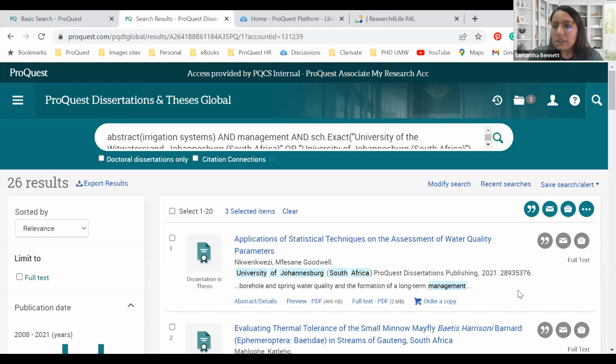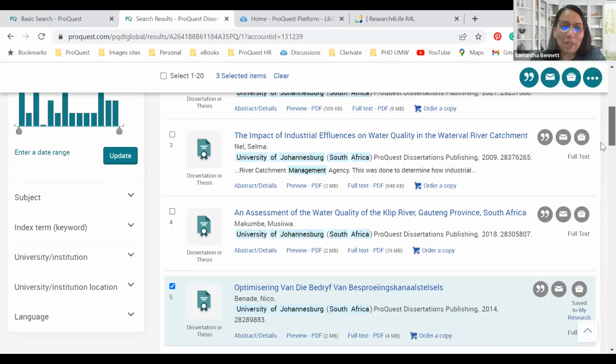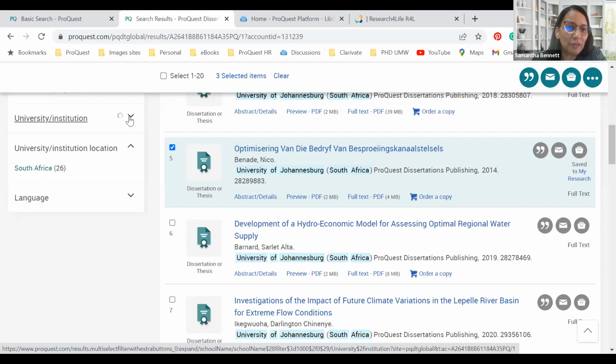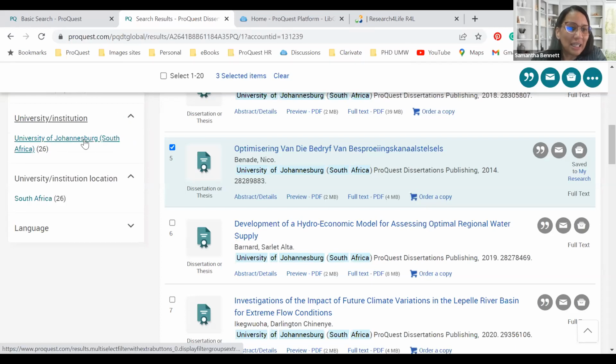It's just playing around a little bit more so that you can find more information. Now, as a PhD student, or as a master's student, or as a researcher, 26 results is not that many to go through, especially if you have 4 years or 2 years to do some research. You can find what you are looking for. Now, we can use the same filters or the funnels, the facets on the left-hand side. So if I choose, there's about 26 of South Africa. If we choose the university and want to choose, we can do so and add that.